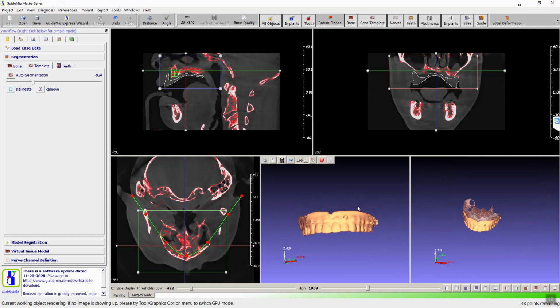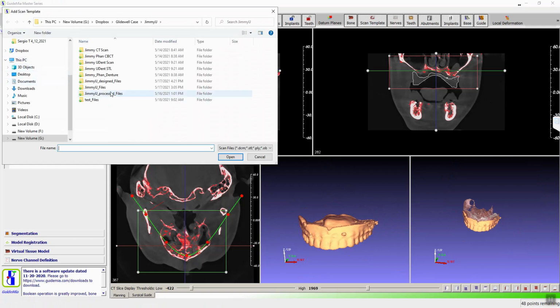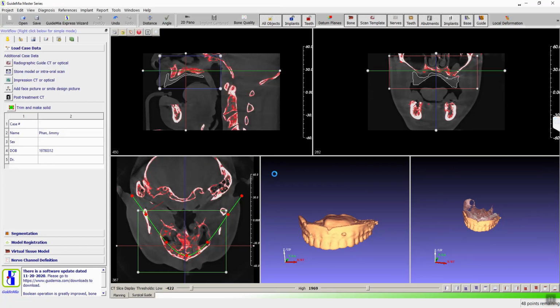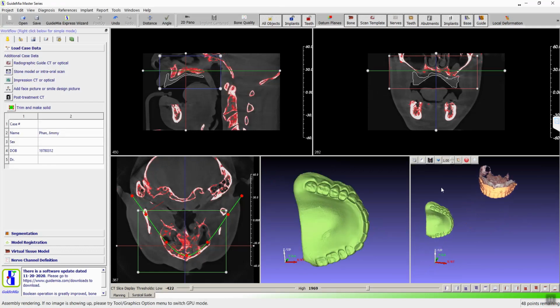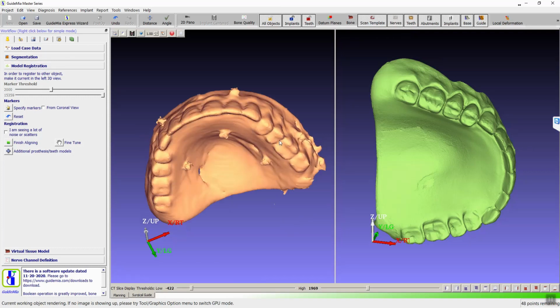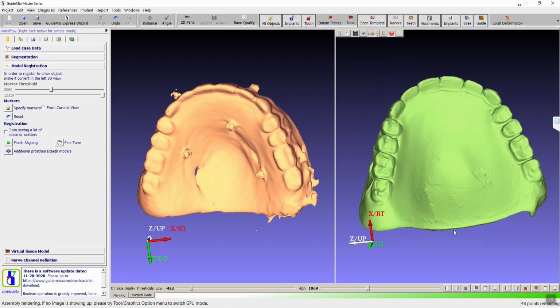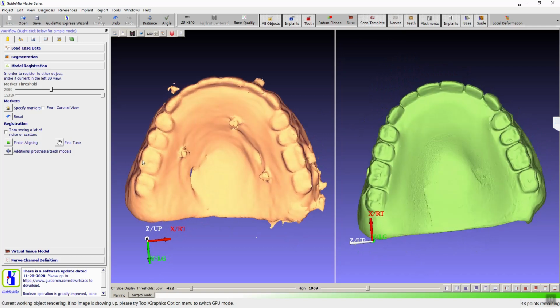So we'll cut this, and now we will load the STL file of the guide because you have that. Now we have this, right? So you right click on here, you can register any model to anything else. So I'm going to register this guy to the radiographic guide. So we have this in the screen display. Then you do regular alignment, right? You specify some points. Let's say we pick a point from here,